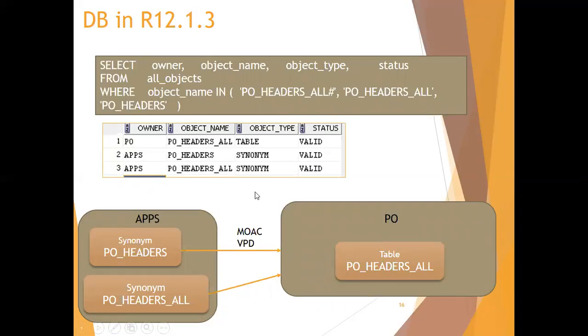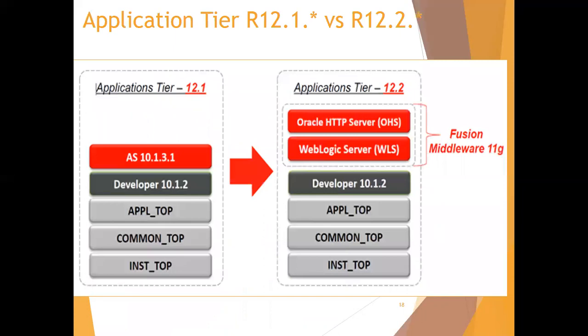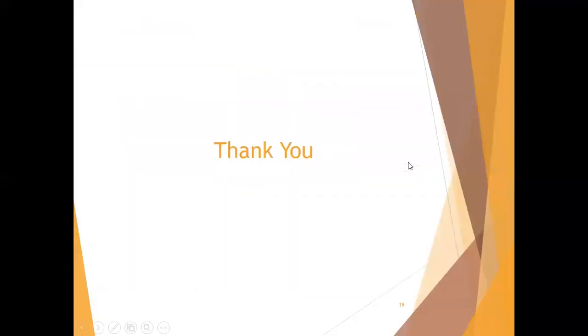So explore these EBR concepts. Technically you may not find much difference, but it is more of a technical stack which Oracle has released for the purpose of maintaining online patching. You can enable the multi-org concept in this one to get the data of the appropriate information. If you consider this particular tech stack, the major difference is that the application server was there in 12.1, and it was replaced with the WebLogic server in Fusion Middleware 11g. So these are all the differences between 12.1.3 and 12.2 from a technical point of view.